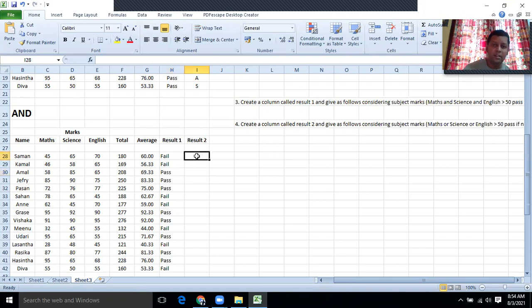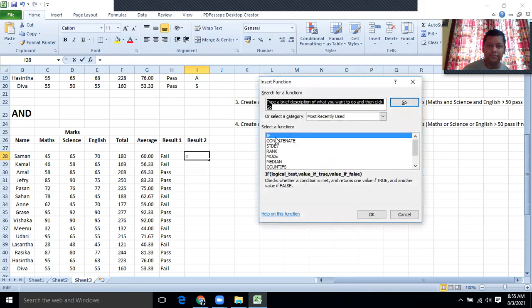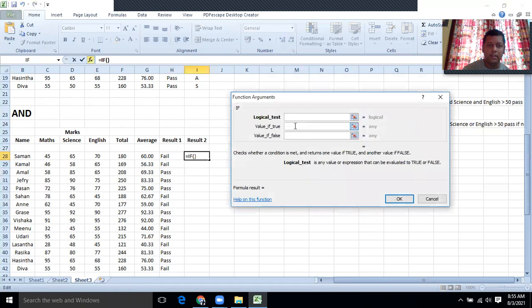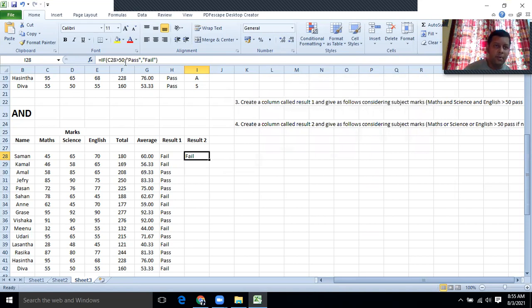So how to do this? Start from the basic formula we know. What we had is this IF function. So click this one, IF, right, then maths marks greater than 50 is pass, if not fail. Now we can modify this formula. So what we have to do, like we did earlier, we have to put OR here, OR, then open bracket, then maths marks above 50,